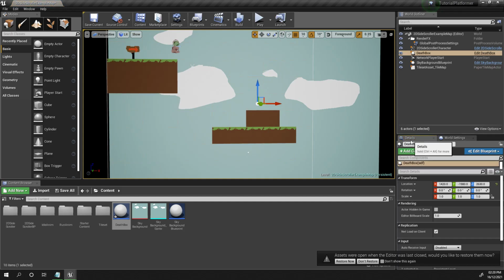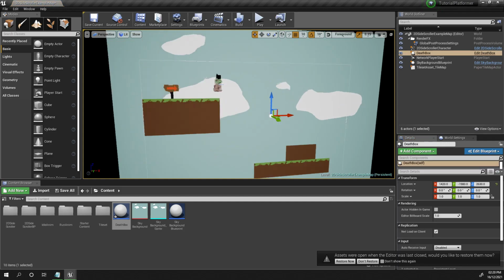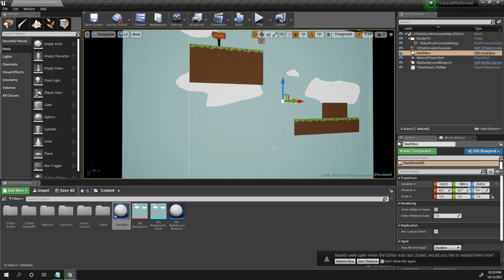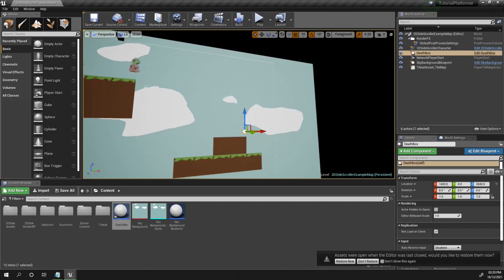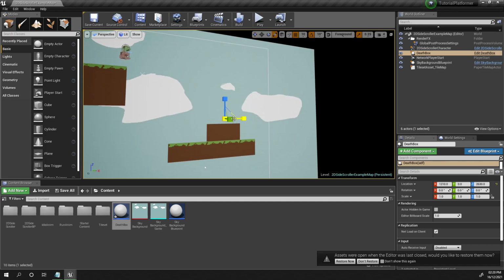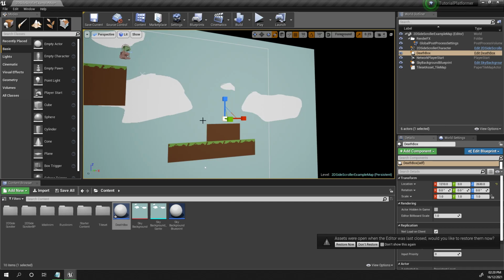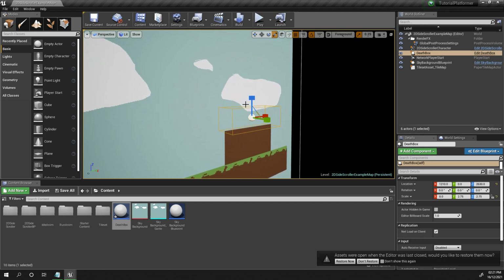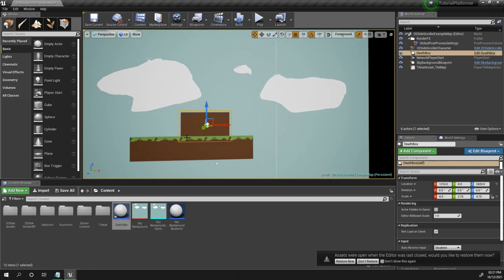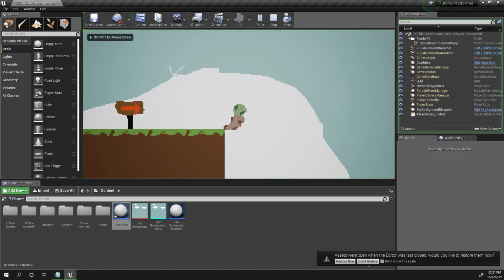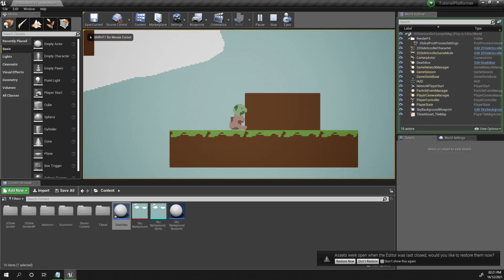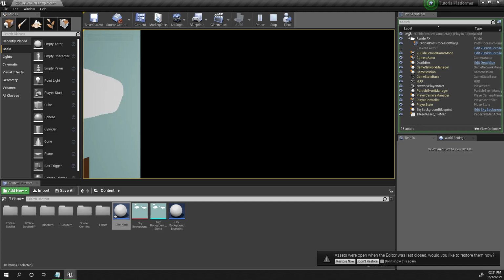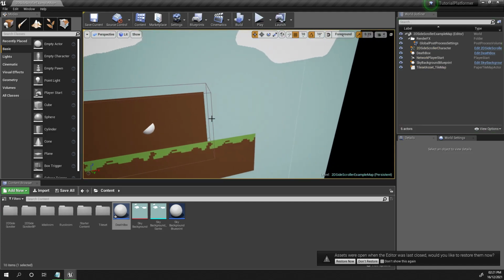Whenever we add blueprints to the scene, quite often the y-axis values are very strange. So I'm going to set this y-axis value from whatever that was to 0. And now it should intersect with the player. I'm also going to scale up the collider so that it fits roughly the shape of where we should be dying, which is whenever we collide with this box here. So if I play the game and walk into this, nothing happens. Then we die. I think that's because,